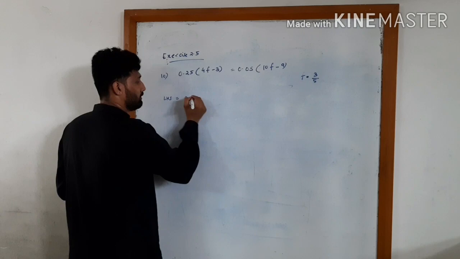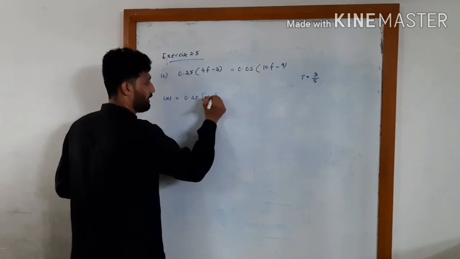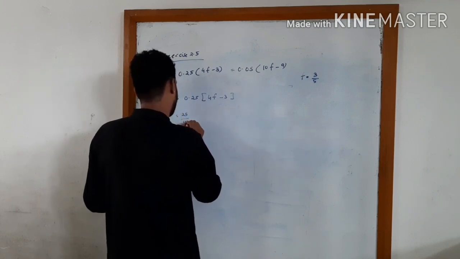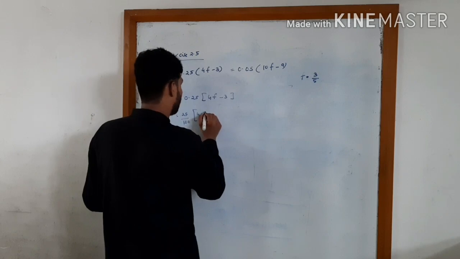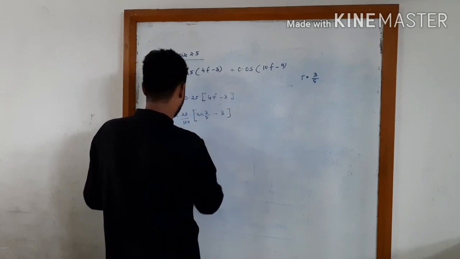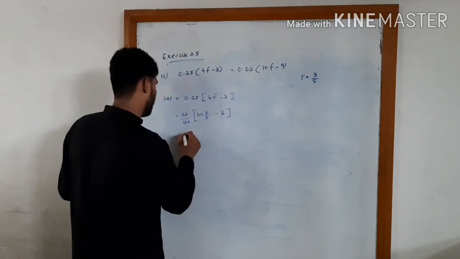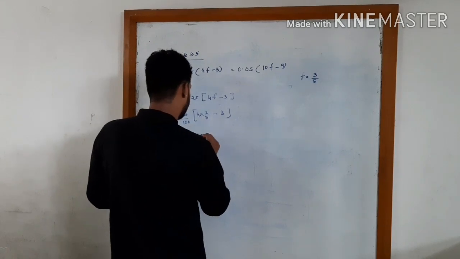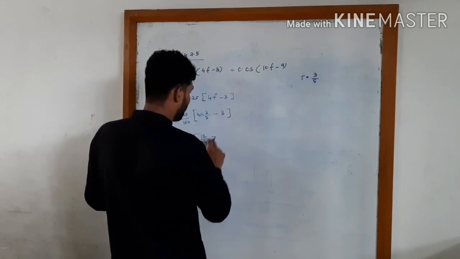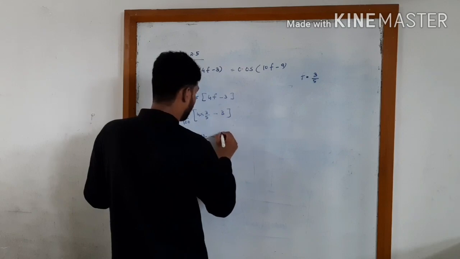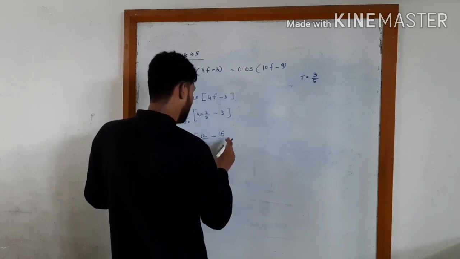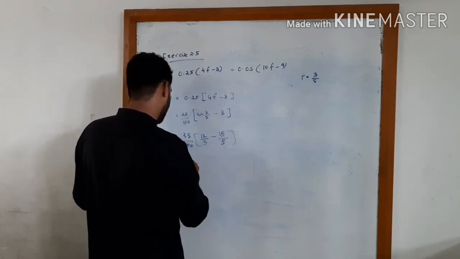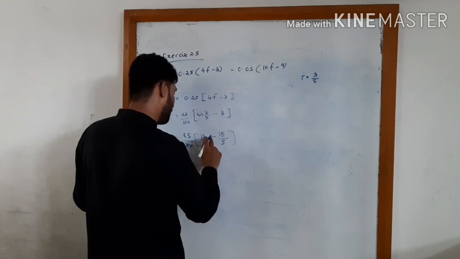LHS is 0.25 into 4f minus 3, which is equal to 25 upon 100 multiplied by 4 into 3 by 5 minus 3, which is equal to 25 by 100 multiplied by 4 3s are 12 by 5 minus, again taking LCM, so we have 3 5s are 15 upon 5, because we are multiplying by 5 both sides,